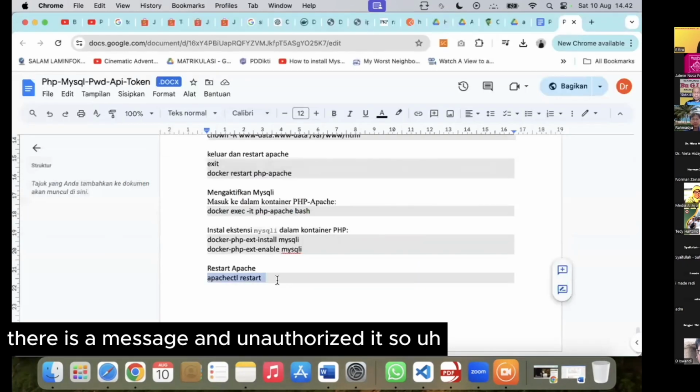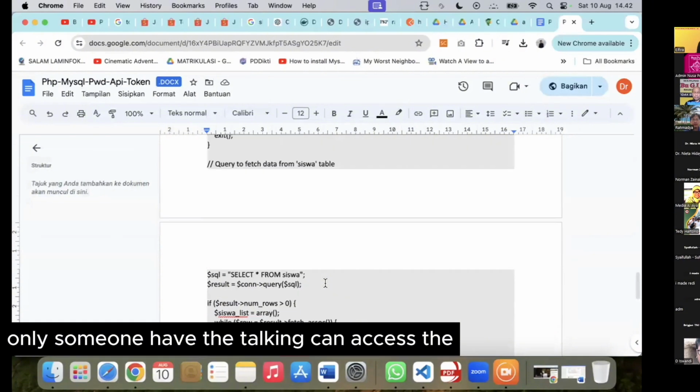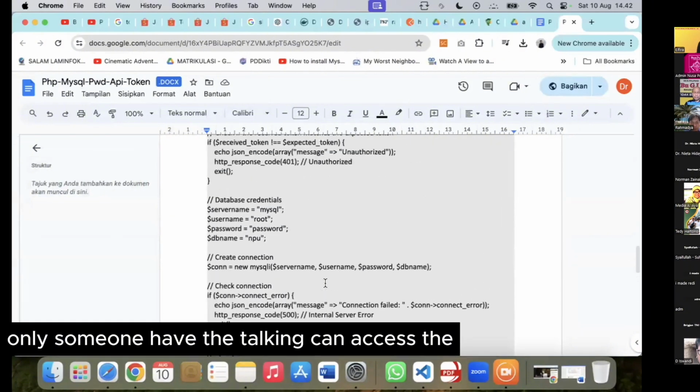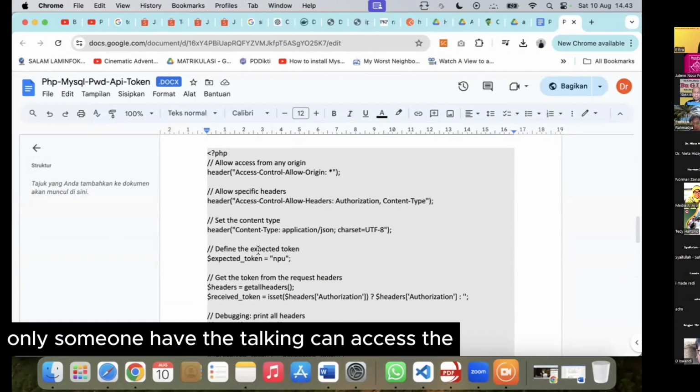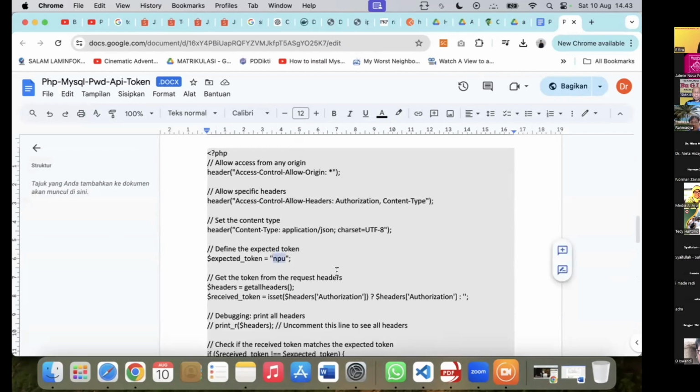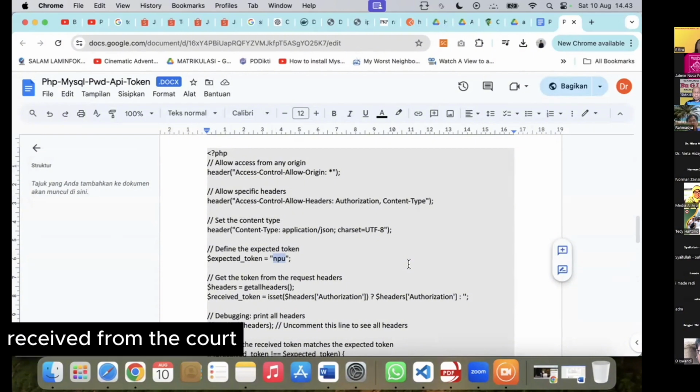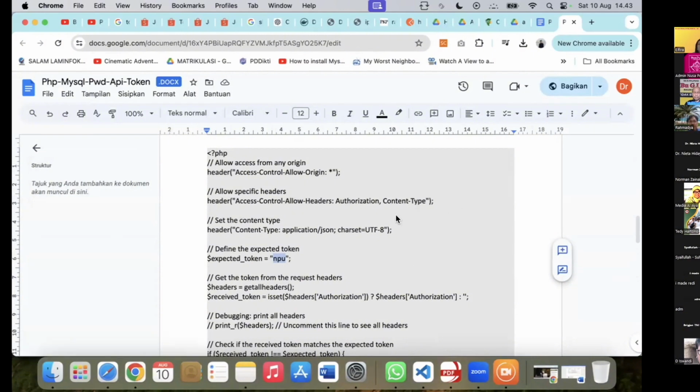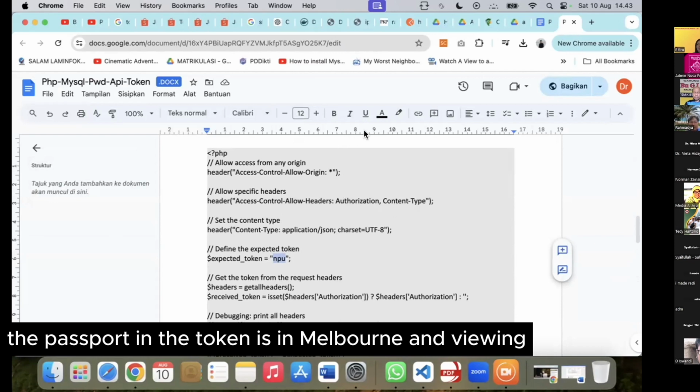So only someone who has the token can access the API. We see from the code that the password, the token, is NPU.